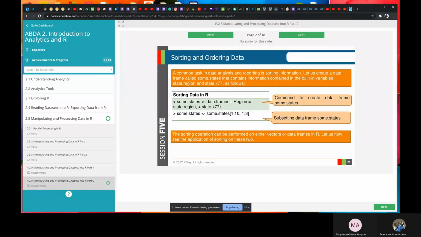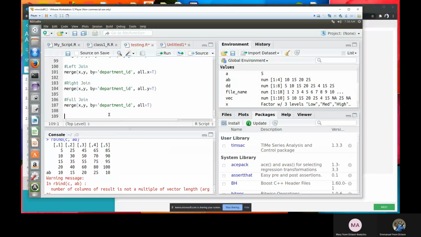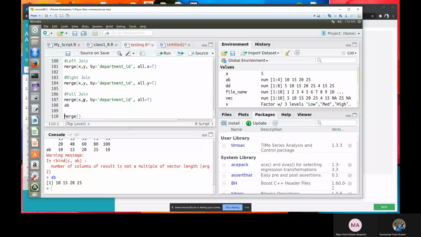Let's say, for example, I only have one vector, AB. So let me get another vector, say AC, equals 1 to 4.